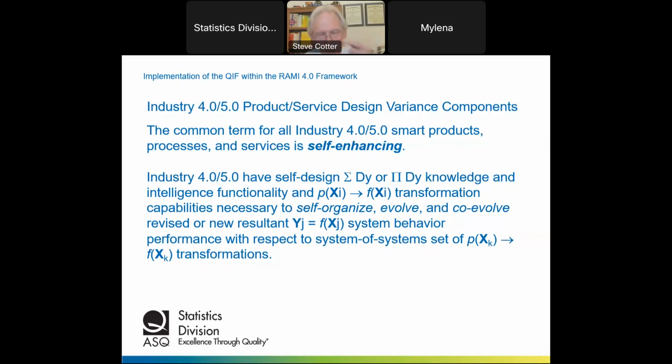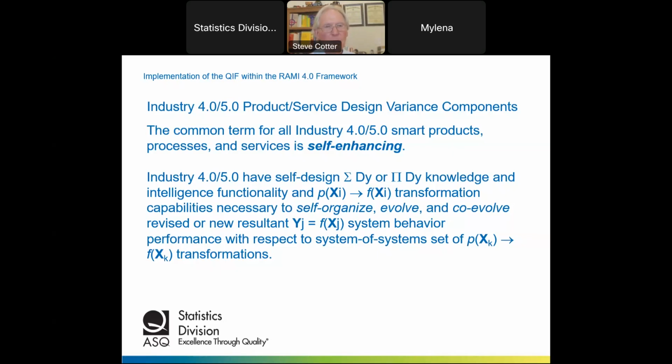That's part of being a system of systems, to evolve that self-organization internally and to co-evolve that self-organization with other co-evolving smart products, processes, and services. New, revised, and resultant YJ equals F of XJ system behavior performance with respect to the system of systems set of PXK,